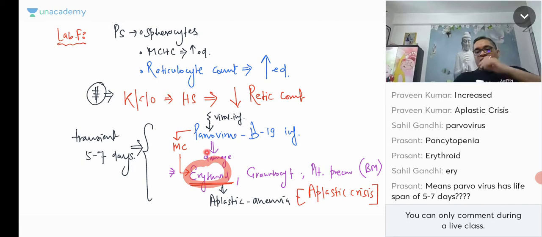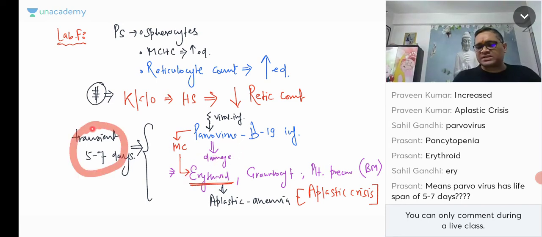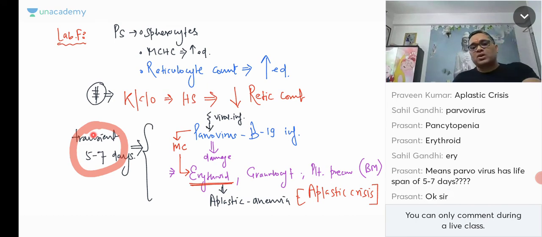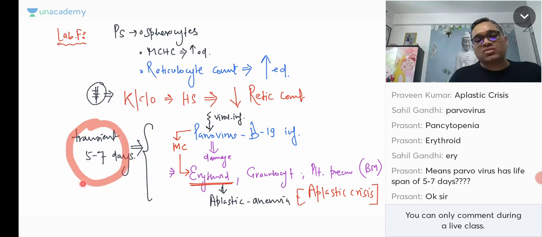I'm not talking about the incubation period. They will have symptoms for 5 to 7 days. After that, it will go away spontaneously. That spontaneous recovery is because of the immunity of our body. About the incubation period, I don't have any idea. You have to confirm it with the microbiologist. I'll say 5 to 7 days, otherwise you will have a fight with the microbiology faculty. I'm just telling you the clinical facts.